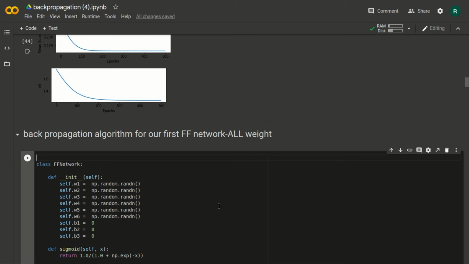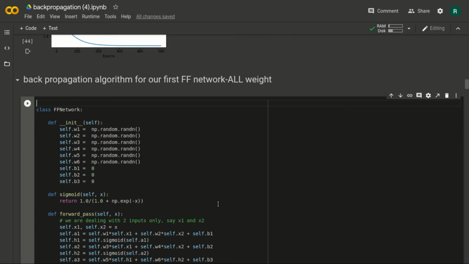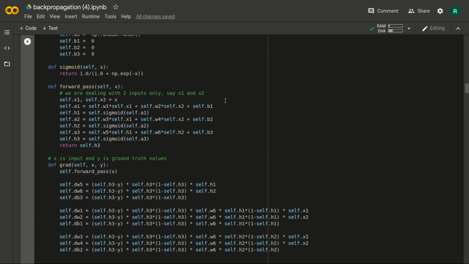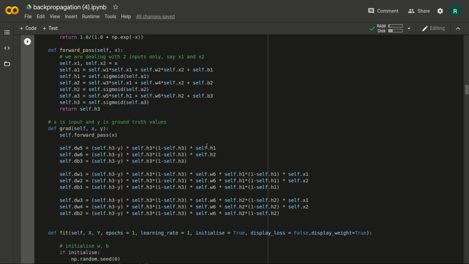Okay, let's move on, and now let's implement backpropagation for our FF network, but this is for all weights. Similarly, we will take our 6 weights and randomly initialize them, as well as initialize the biases as zeros. The forward pass is defined as it is, but here we are dealing with two inputs, x1 and x2. X is the input and y is the truth value.